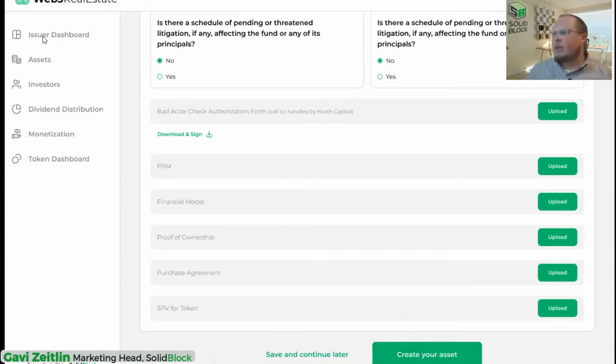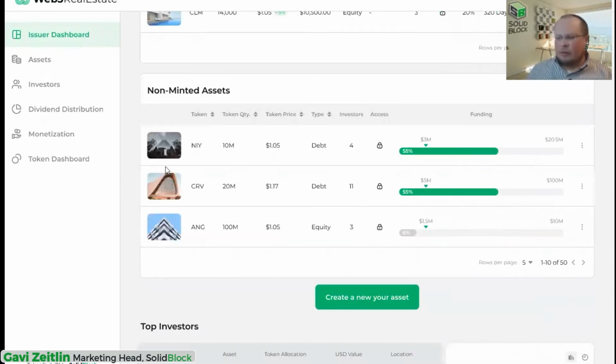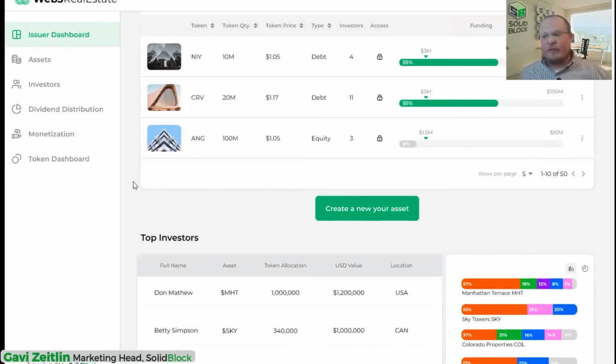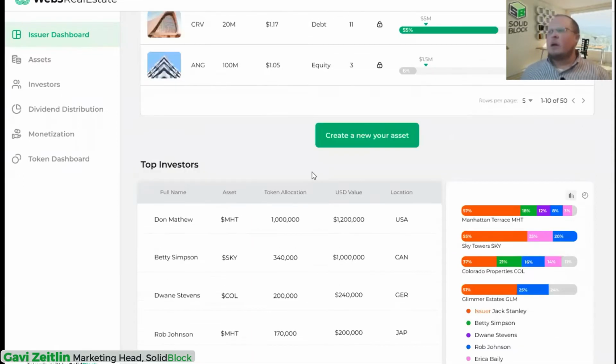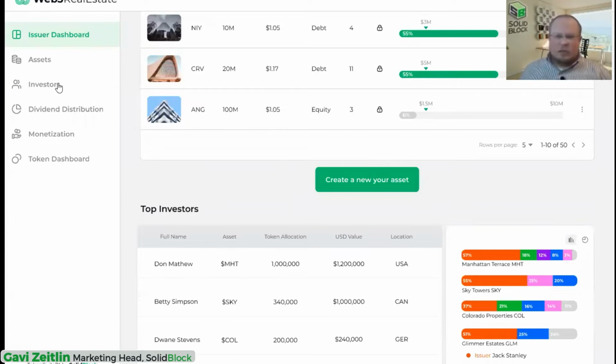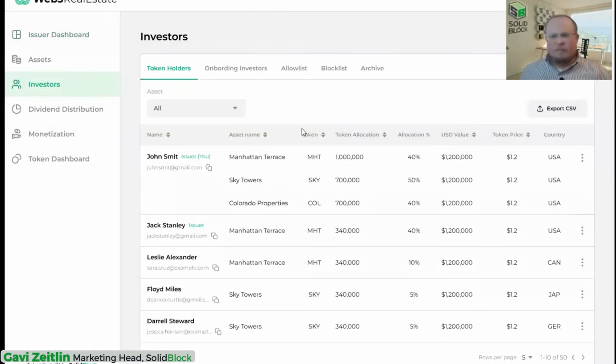So just go back here to the dashboard. They're also able to see an overview of their investors. So they can see their top overall investors, and if they have multiple projects on the platform, see how that breaks down in terms of the top investors by project. Now, in terms of investors, this is really the first most important thing, because we need to get people on board who are going to give us money. That's important. So how do you do that compliantly? The active investors, when you log in, you can see all of them here.